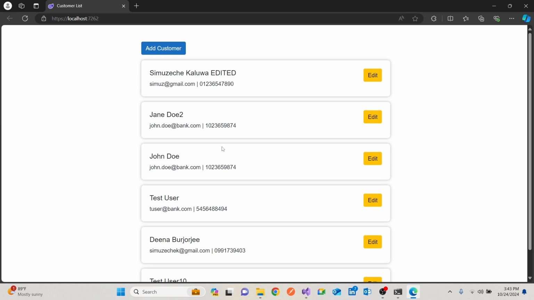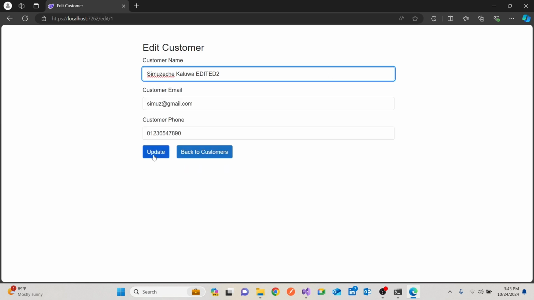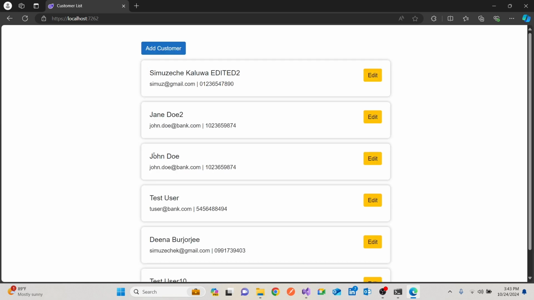So in our last video, we were able to edit, and we came to a point where we realized that the edit form and the add customer form are pretty much the same. And if we are going to do single responsibility, if we're going to have clean code, then we need to reuse this form the same way we did with our card. We saw that the card could be reused, so we had to create its own component. So in this video, we are also going to proceed to create a form component,